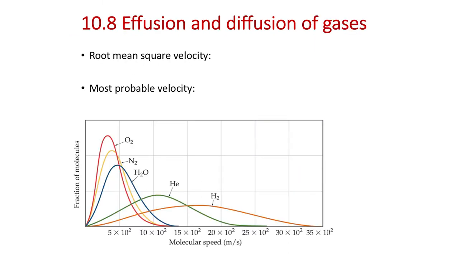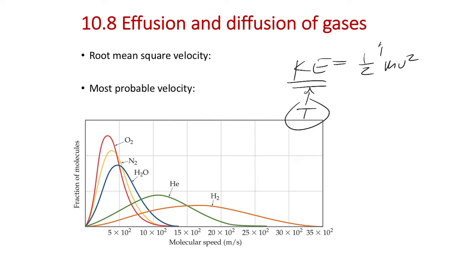We briefly showed this slide. I don't think we talked too much about this. Think about kinetic energy being 1/2 mv squared, and kinetic energy is basically related to the temperature the gas sample is at. So at a given temperature, the sample of a gas has the same kinetic energy to distribute. If you have a more massive particle with the same kinetic energy, it has to travel with a lower velocity.